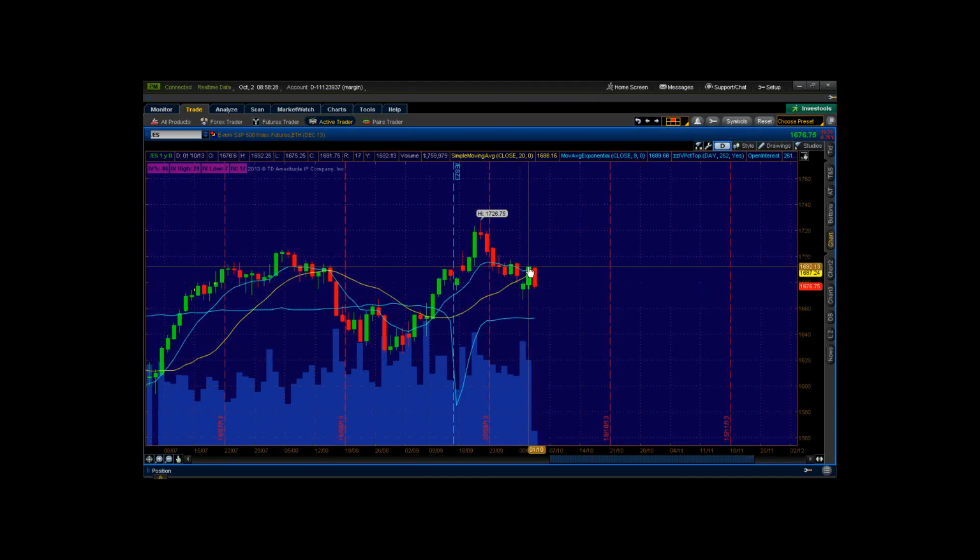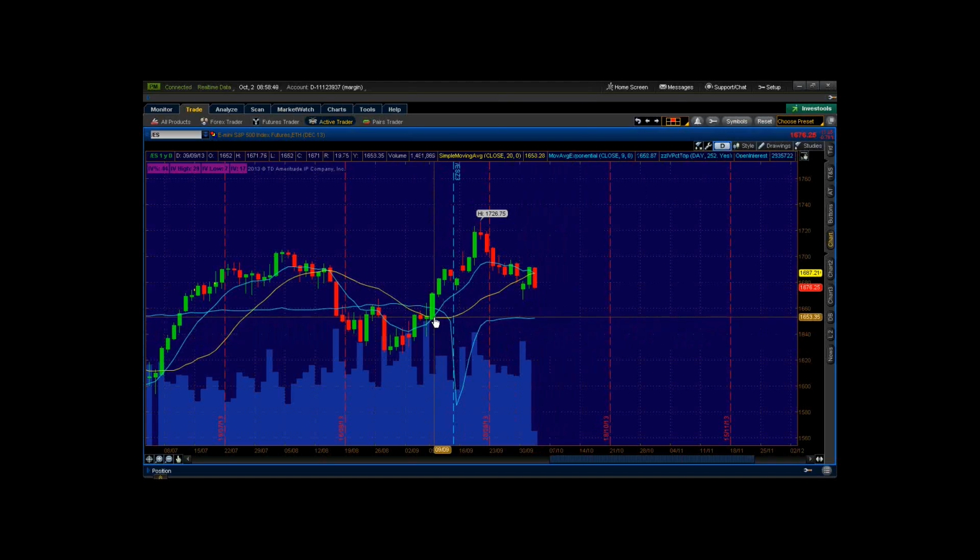Yesterday we popped back up above it, and so far today we've come right back down and we're below it, and we're coming into an MA hug or MA squeeze. This is a decision point. So, whether or not we pop back up and continue the rally, or we roll over and we go down and hit those lower targets.